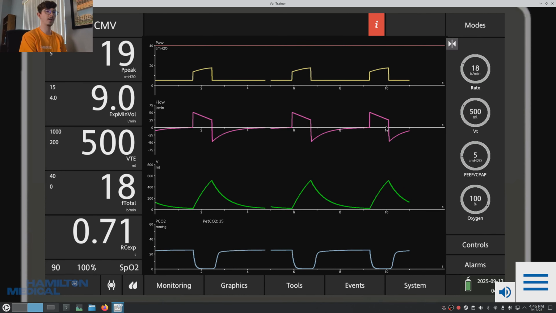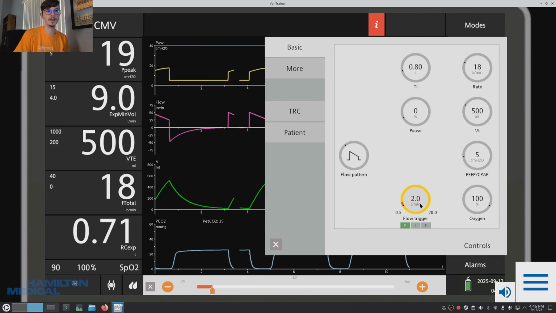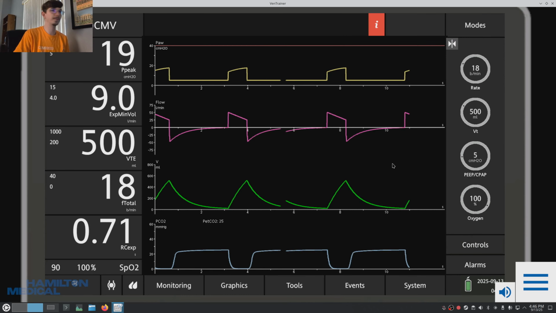Now, I don't know if I can actually replicate this on this vent. I don't think it'll let me. It shouldn't. No, because obviously this is just a simulation. It doesn't matter how I set things, it's not going to change anything. But